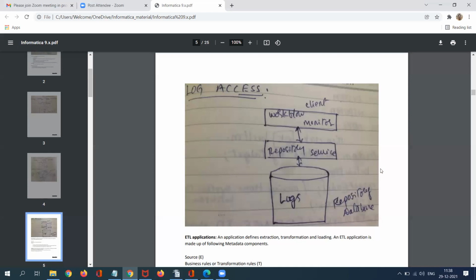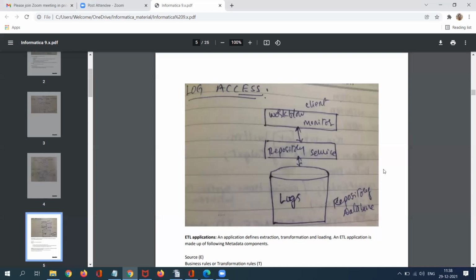If I summarize the environments, the first one is the design environment, then the runtime environment, and we have log access. Four clients participate in different environments as per their functionalities. All clients will not participate in each and every environment.